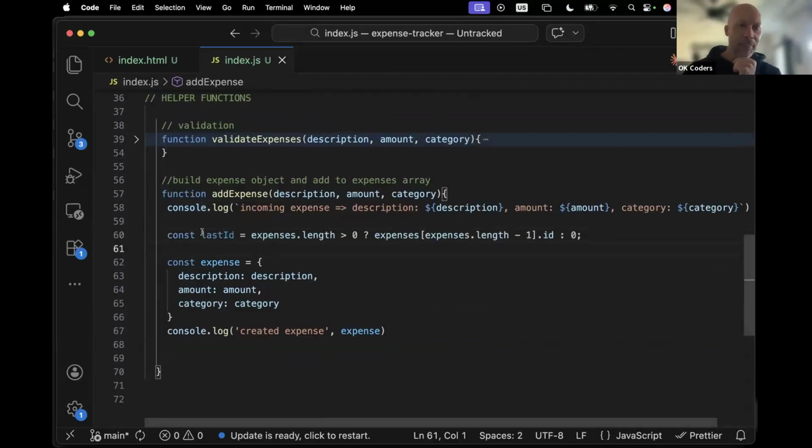So we're going to have last ID, and this is because our IDs need to be unique for each one of our expenses. This is going to check the previous expense, see what its ID was, and then add one to it. So it's looking at our expenses array, and the length of it, and seeing if it's greater than 0. If it is greater than 0, then it's going to